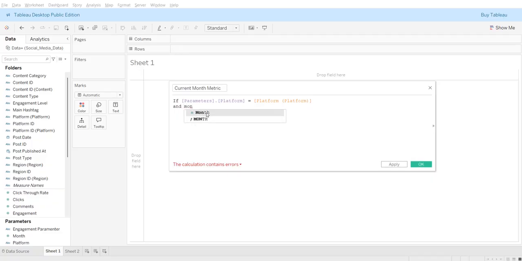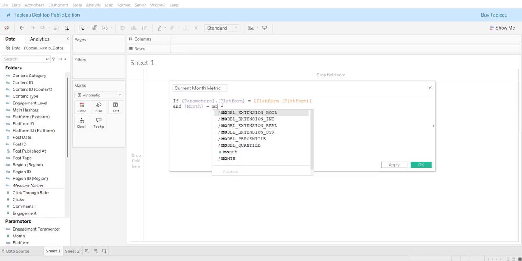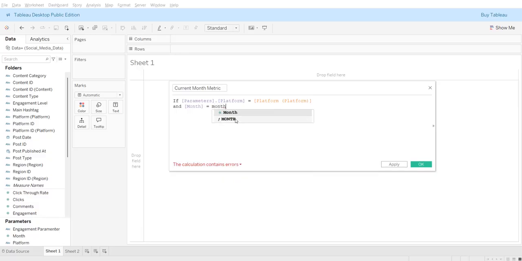So this is the month parameter equal to month of, formula month of. So what is the month? Post date we'll consider, the post date are same, and